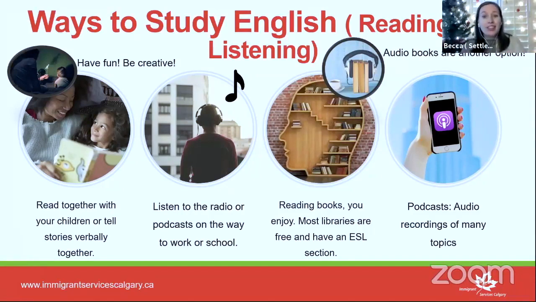You can find music that you really love and learn the lyrics. That's good for pronunciation, but it's also good for learning slang and a lot of words you might not hear in daily life. Yeah, so that's a good way to learn listening. And then you can also, of course, read books. Most libraries have a free ESL section. So that's books that are actually written for people who are learning English, because normal English books are quite high level. So there's usually a section, and I know the Calgary Public Library has a section in every one of their libraries for English.